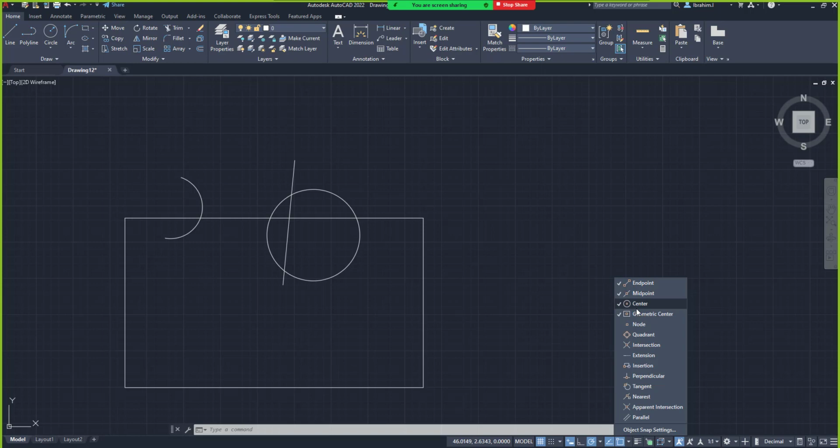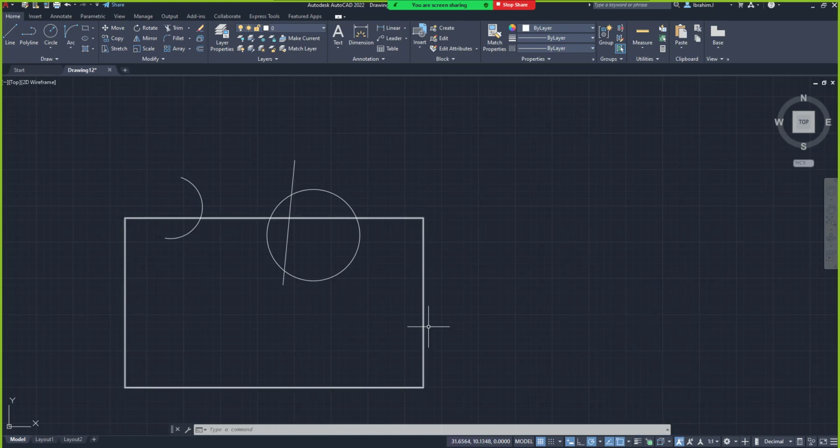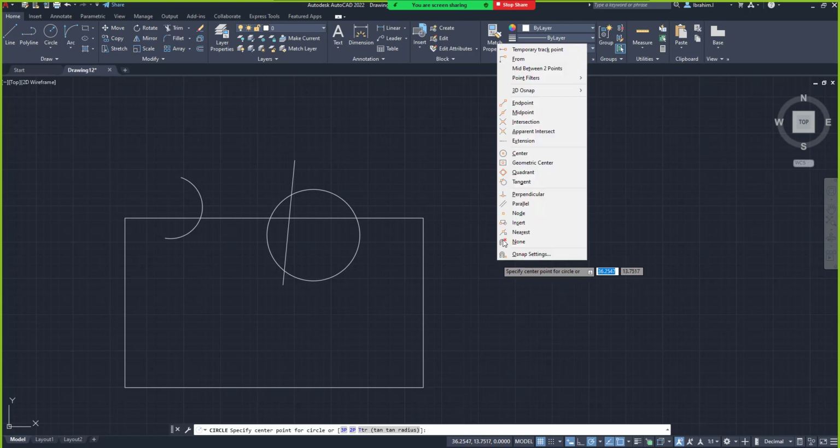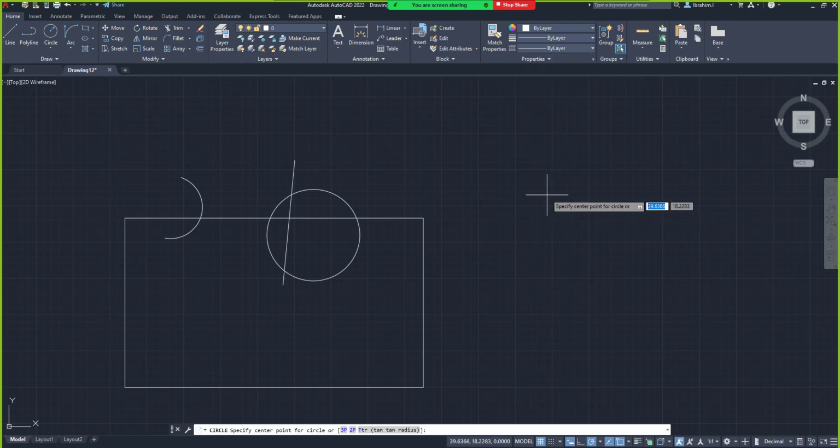These four we have here. So when I want to get the midpoint of this line that I have here, I can use different methods. How do I do that? Whenever I have the command I want to work on, if I want to create a circle, I can always hold my control key. When I hold control and then right click, it opens up this section for me. If I escape, and right click by default,